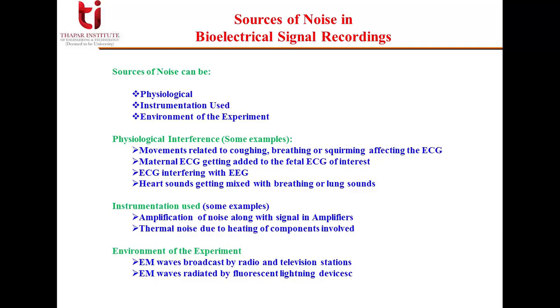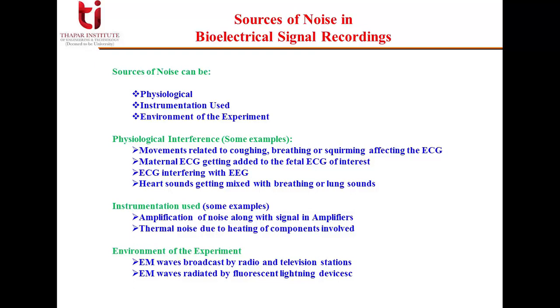Now some noises can be removed or reduced, for example by using low noise amplifiers or power supplies, modern electronic amplifiers, a high common mode rejection ratio, or we can also reduce EM waves by shielding of cables, etc. But in some cases these noise levels could be much higher than the signal levels. Therefore it requires a special filtering or processing unit for the signal.